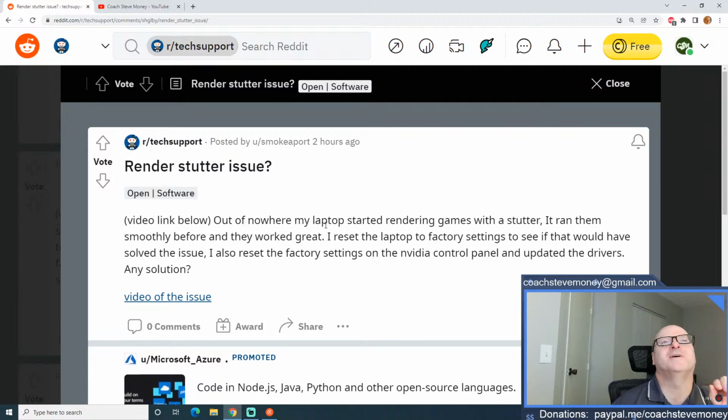Out of nowhere, my laptop started rendering games with a stutter. I ran them smoothly before and they were great. I reset the laptop to factory settings to see if that would have solved the issue. Also reset the factory settings on the video control panel, updated the drivers. Any solution? If you reset to factory settings,